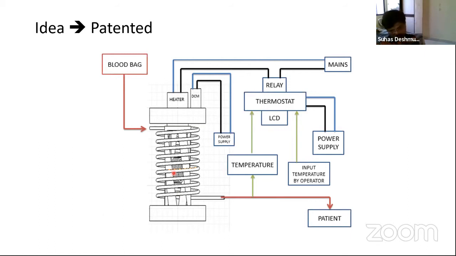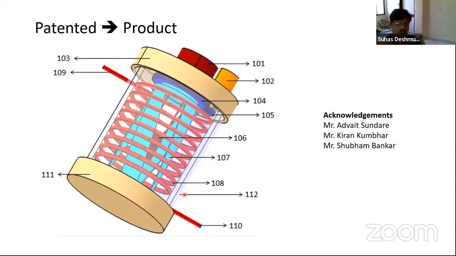This is a new idea on which we can rely, and we can go for filing a patent. Then we decided to file a patent. Later we decided the heater would be kept entirely in liquid, and the liquid is going to heat it. Then we realized this liquid may leak and disturb everything. To avoid that, we provided a dry kind of heater, which is also much more helpful for this case. So this is a typical patent, and whenever you are filing a patent, you need to provide